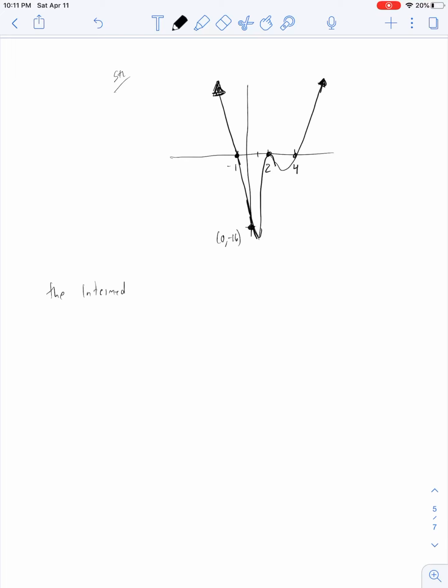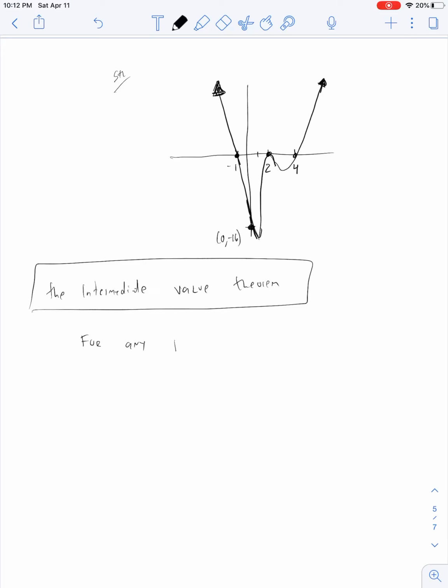The last thing we're going to look at here is the intermediate value theorem. So what this intermediate value theorem tells us is that for any polynomial, right, function